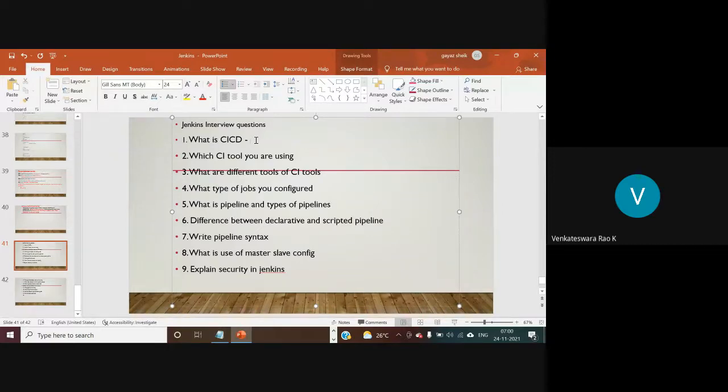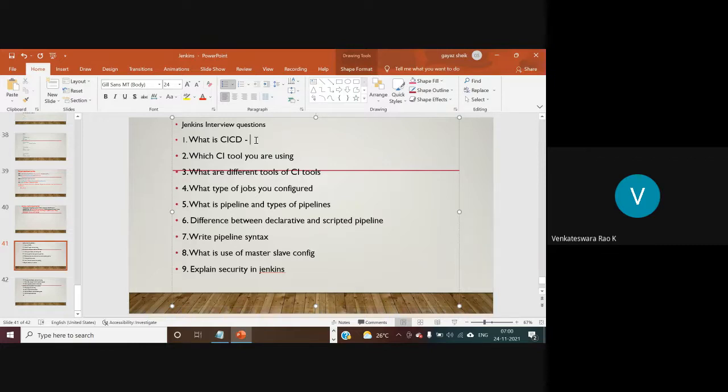Jenkins is going to pull the code from GitHub, and it will perform the build operation, and it will perform the testing operation. If the build is a success, it is going to perform the testing operation. If in the testing operation we find any bugs, that bug information will be given to the respective developers through email notifications.